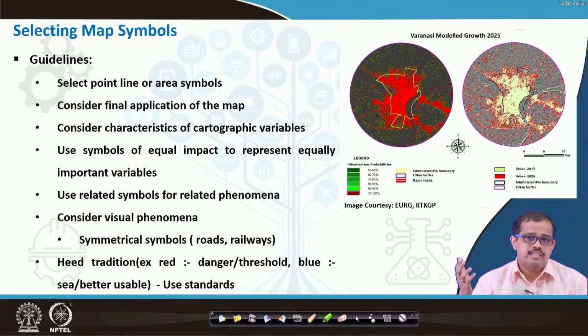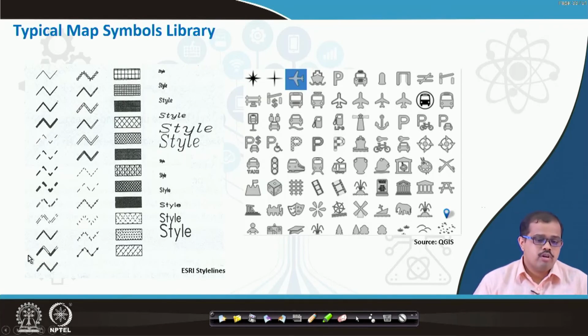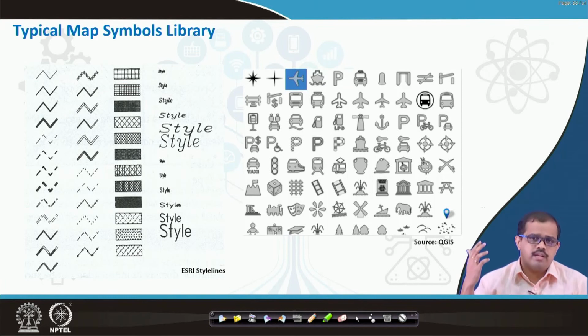So these standards, if we can use the traditional standards, then it is very easy to communicate whatever you are trying to put out as data to the end user and to the audience. Okay, and when we look at a typical map library, we have different sets of symbols that you can use. If you go into QGIS, you will have a huge number of symbol libraries that you can always import and use. For example, this is an ESRI style developed by ESRI,